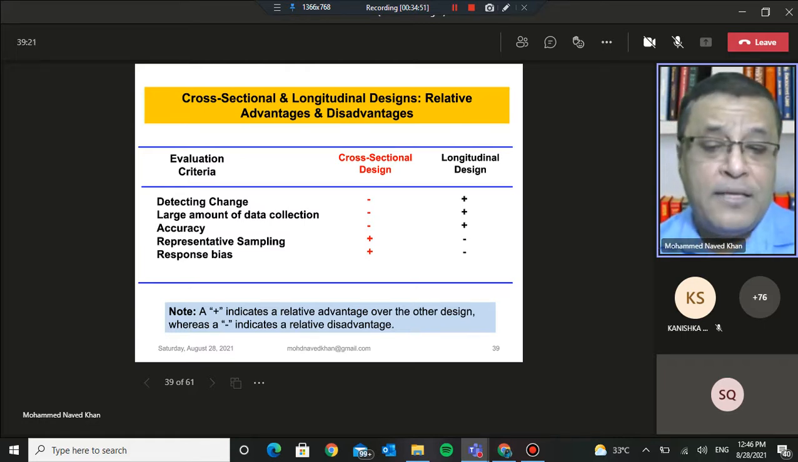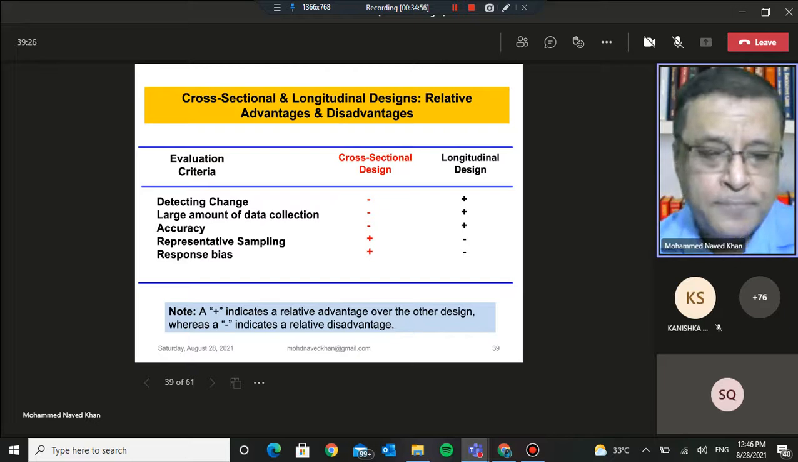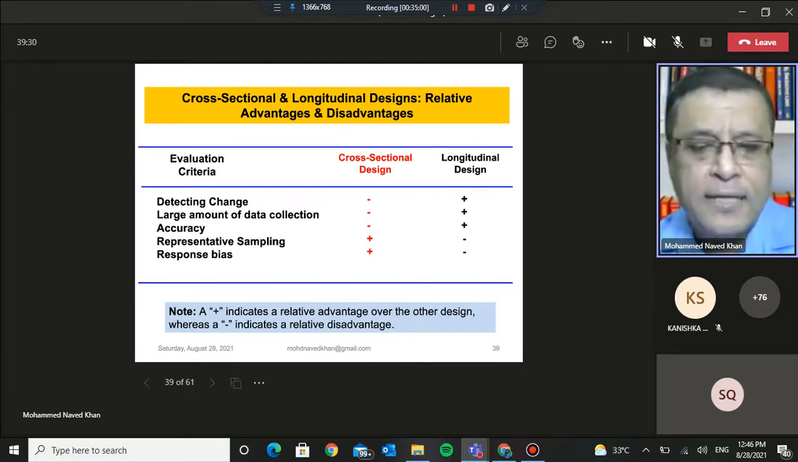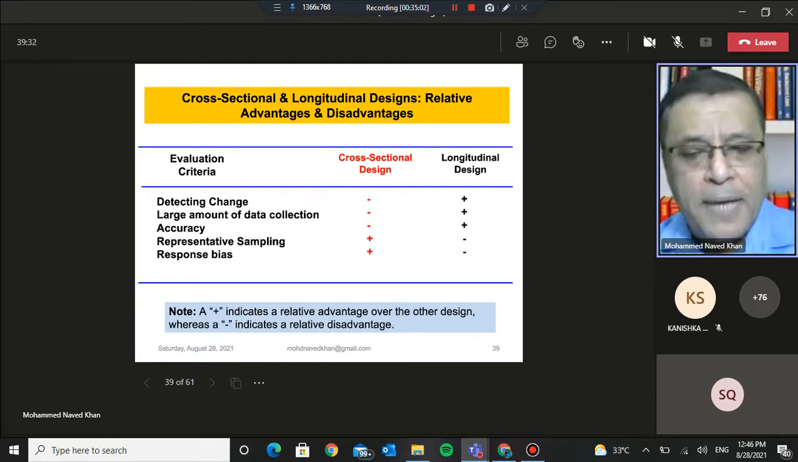Of course, I'm assuming that the questionnaire remains the same, because otherwise I cannot compare the responses. Then a large amount of data can be collected. Again, you recall we discussed that in case of longitudinal designs, the panel members have agreed to be part of my panel in return for some kind of compensation, for example, they're getting gift coupons, so I can take some liberties. But in case of cross-sectional design, I can't take such liberties, so